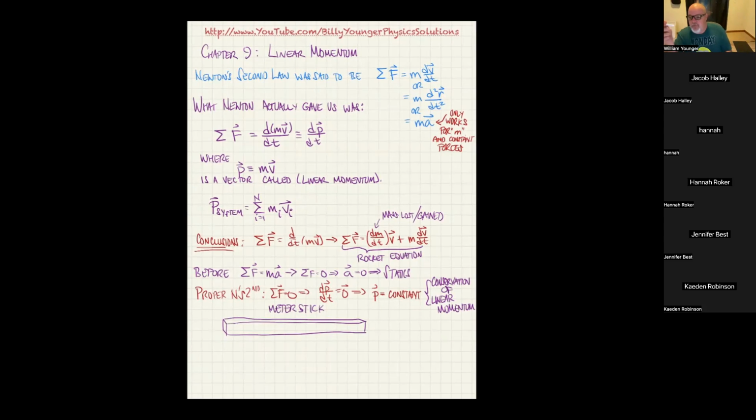So for instance, if this was to represent our meter stick and I tried to balance this on my finger like that, then this plane that my finger is in, this vertical plane, that is where the center of mass is,